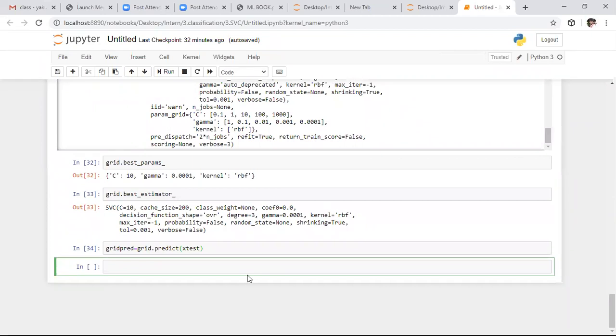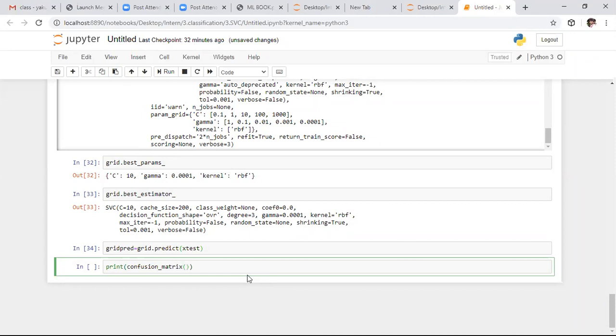After this, what we need to do? We need to plot the confusion matrix. So here we need to enter confusion_matrix.